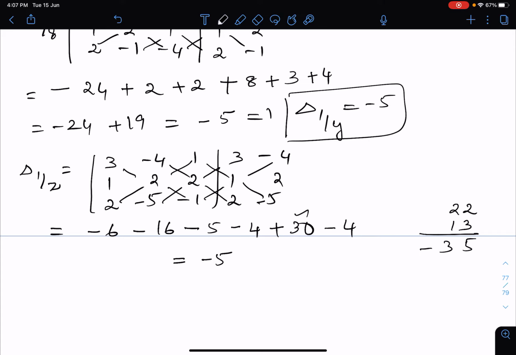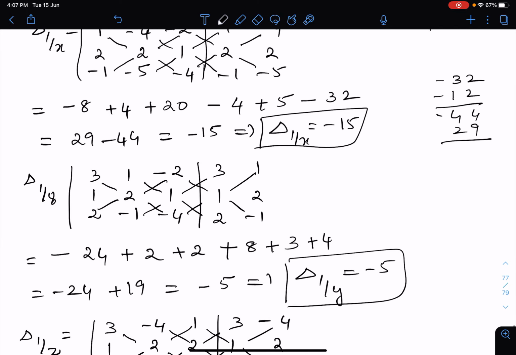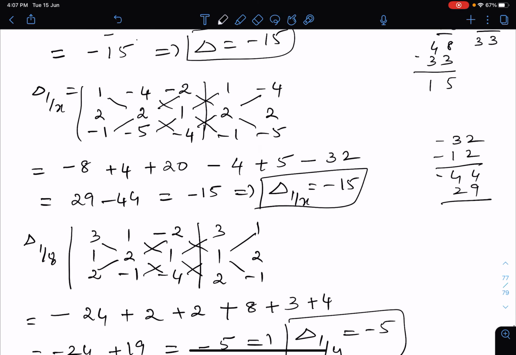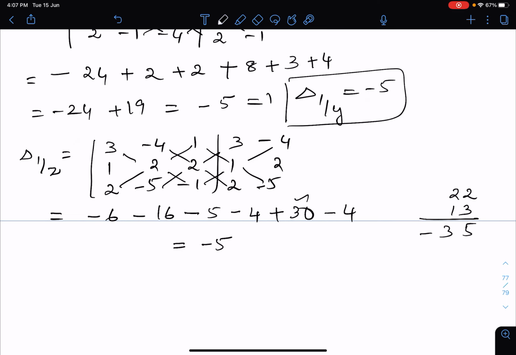Okay, so you should have a clear cut idea when these are coming in 5 and 15, this also should come in 5 and 15 like that. It should not be 55 like that. So you have to check your elements once again, or when you write the columns, you verify once or twice, even thrice before writing the column. Even if you leave a single minus sign, you will get a large amount of difference. Okay, so del 1 by Z equal to minus 5.